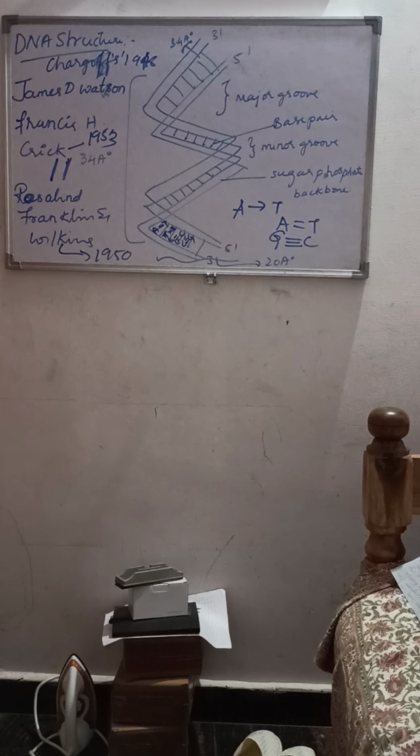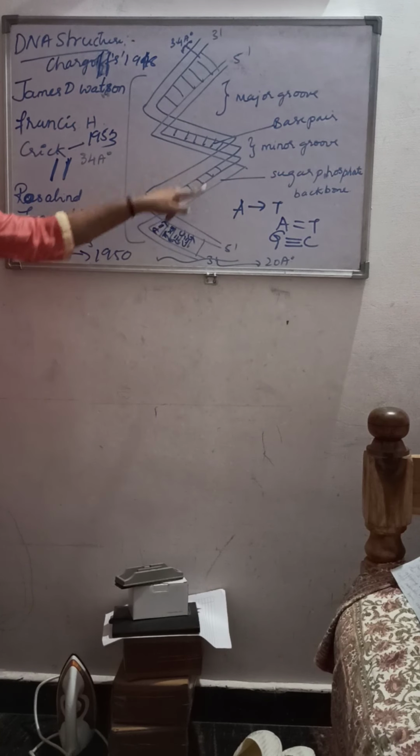So it is based on the available data: the DNA is made up of polynucleotide strands which form a double helix. The structure of the DNA resembles a twisted ladder or a spiral staircase, where the repeated units of sugar and phosphate form a backbone, and the nitrogenous bases, you can see here, act as steps. That means they project towards the center, resembling steps.